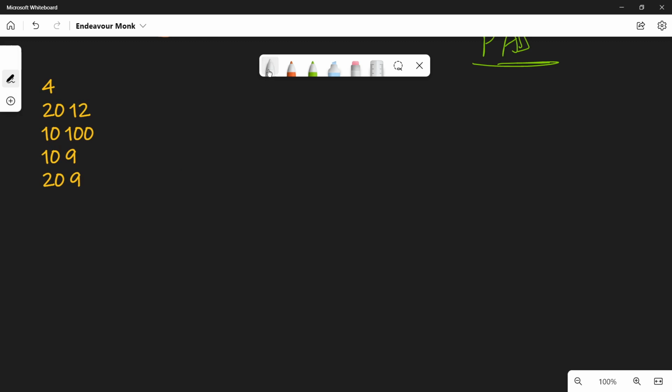Okay, this is the first one. Here n is 20 and x is 12. So there are 20 children and 12 chocolates. So let's find remaining children, which equals 20 minus 12, which is 8, and